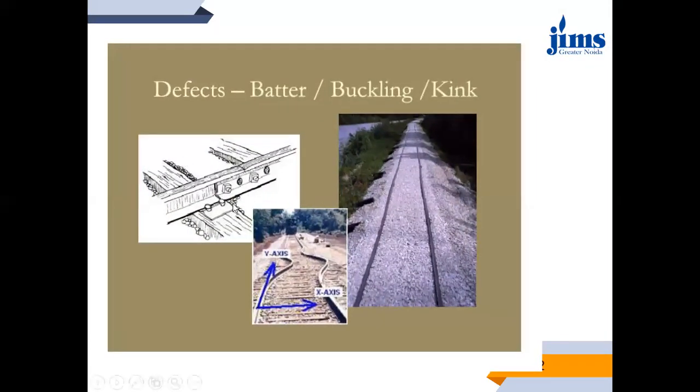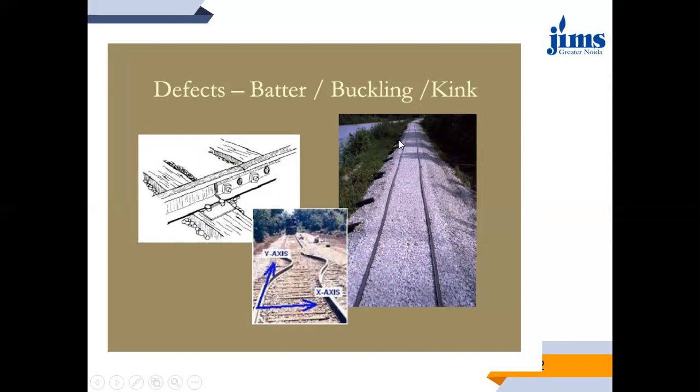So here is the diagram depicting all three major defects. The first one is battered ends. At the joint you can see the ends of the rails are battered from both the sides, the preceding and the succeeding one. Both the sides are having battering action or dehogged rails. The middle picture shows buckling of rails. This entire track has buckled. There's no particular rail that is buckled completely, but the entire track has buckled totally. That means the lateral sway has taken place.